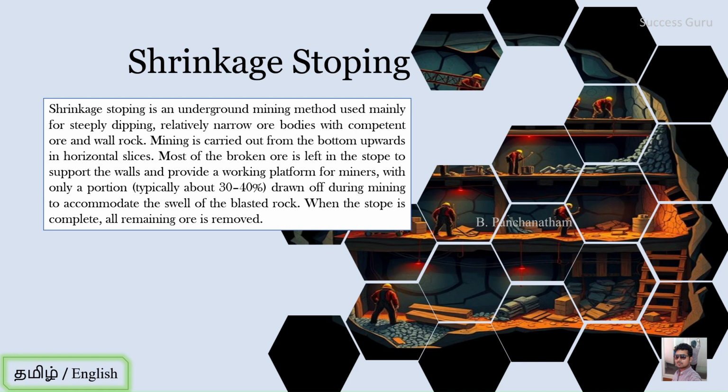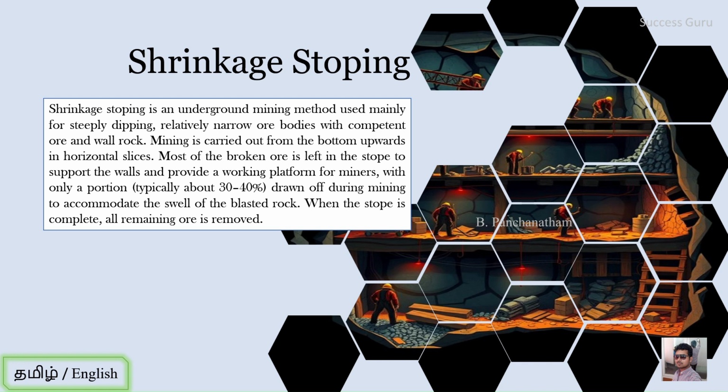Here the thickness is itself less, but the main plus point is we have a strong country rock. So this method suits an inclined ore body with comparatively less thickness and a strong country rock. So we can go for shrinkage stoping. Shrinkage stoping is an underground mining method used mainly for steeply dipping, relatively narrow ore bodies with competent ore